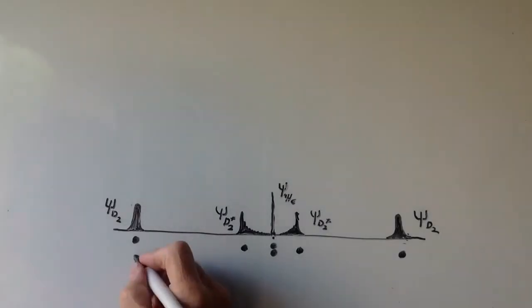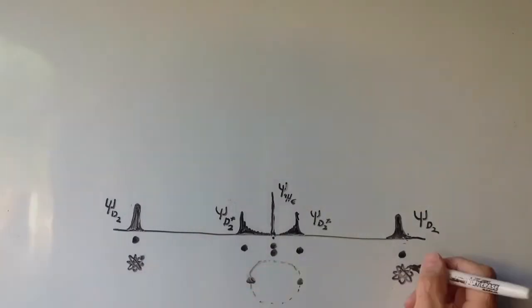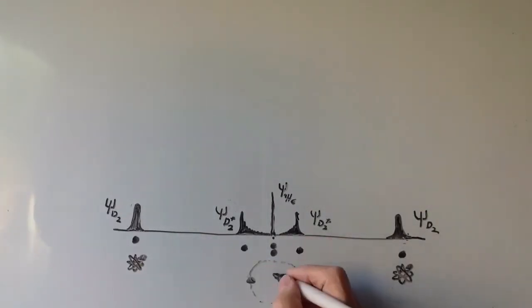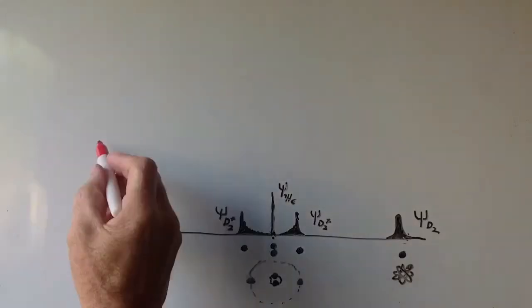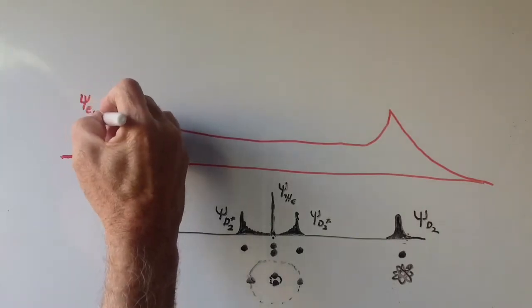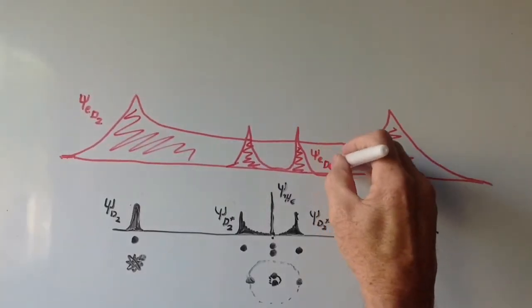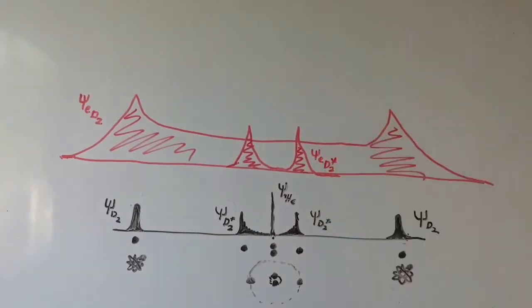Recall in part 2 that we drew a cartoon of the molecular D2 and the D2 star intermediate probabilities. We now add the helium distribution and sketch the orbits of the deuterons in each case. Then we add the electron distribution starting with molecular D2 and then the intermediate at the average deuterium separation of